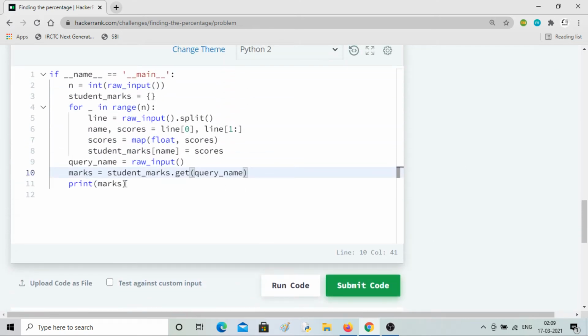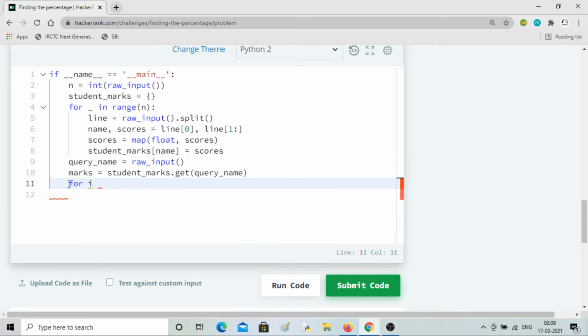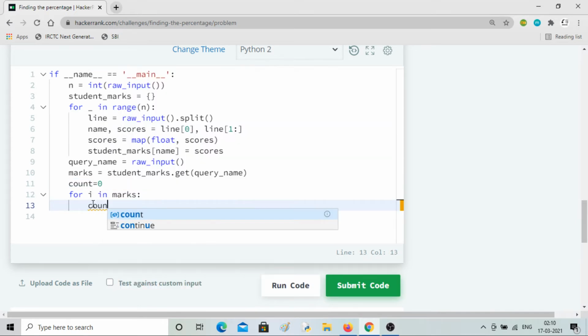Now you have the marks, so you have to just calculate the average, and a for loop will work. For i in marks, let's say you define a variable count equals 0, and then count plus equals i.